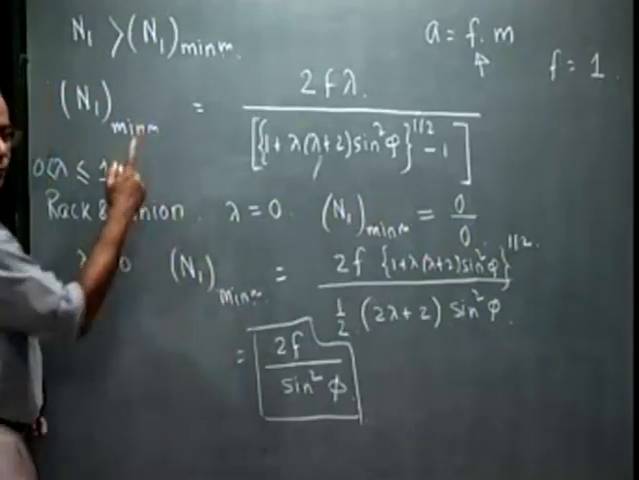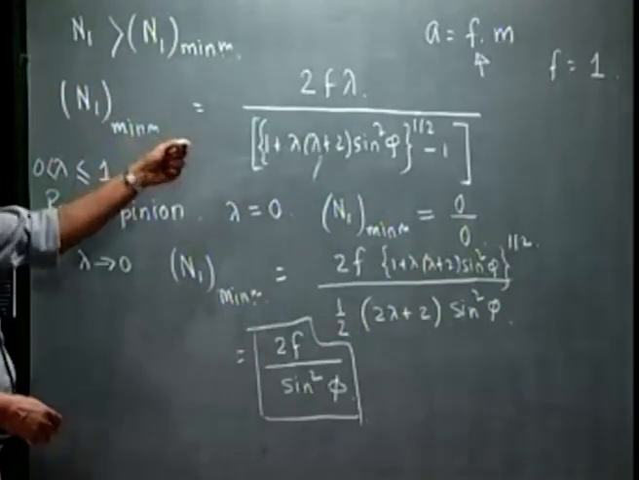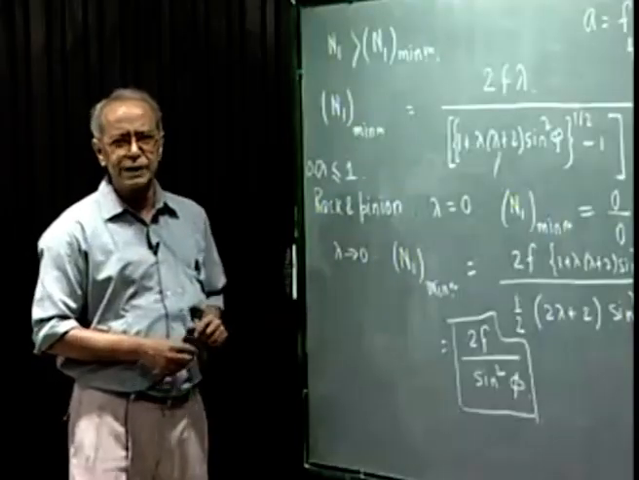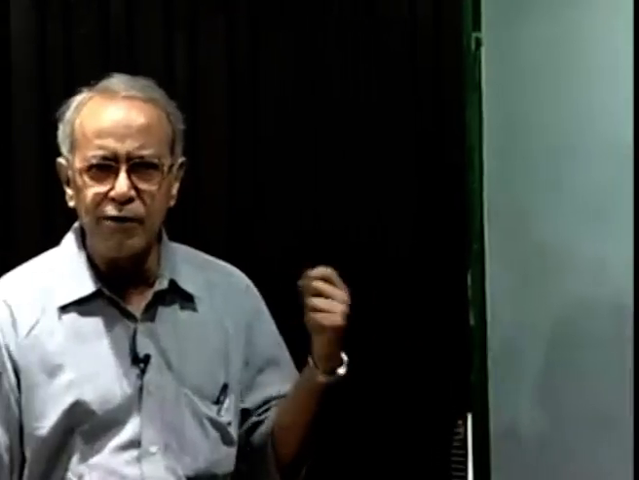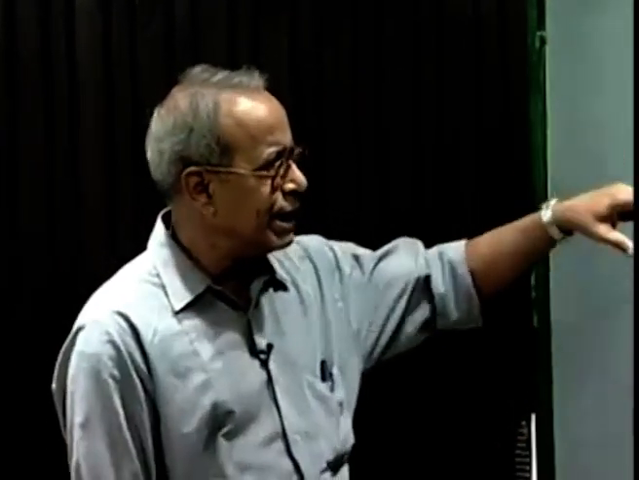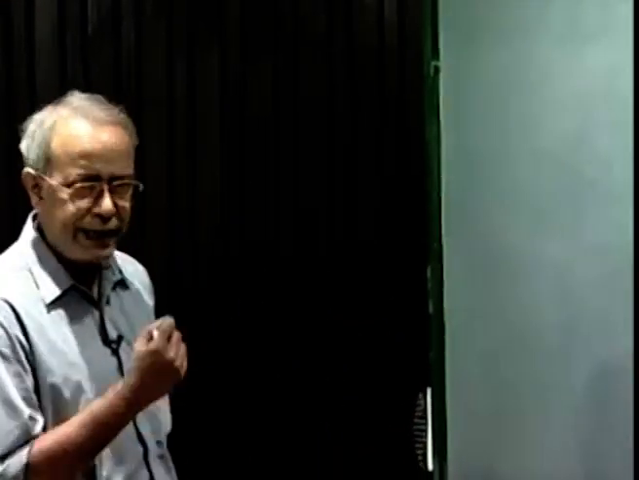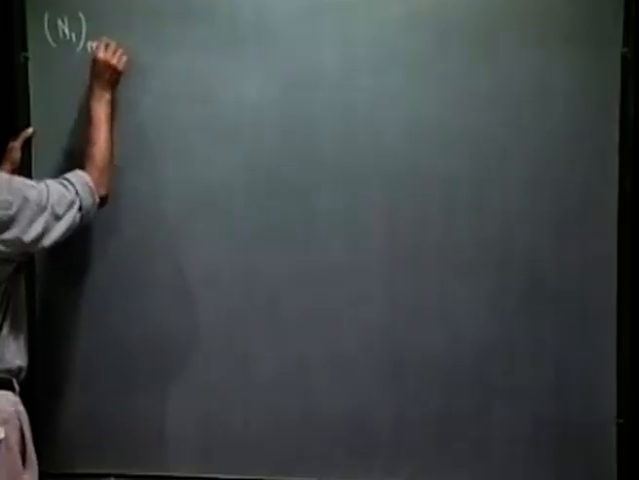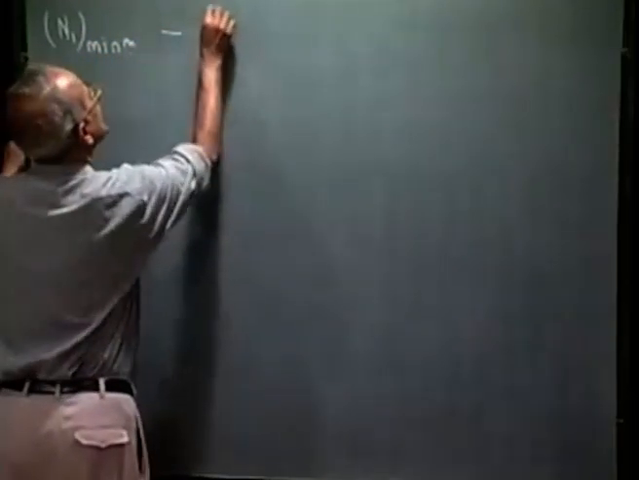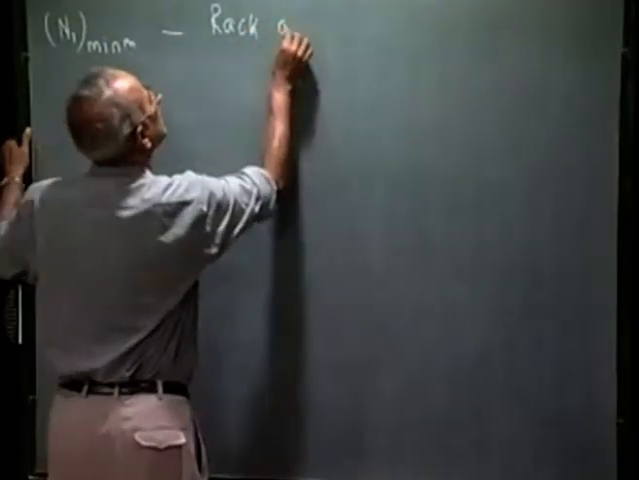This expression, of course, we could have got geometrically very simply by drawing the rack just undergoing interference with the pinion. That is what we are going to do next. Just now we derived the minimum number of teeth on a pinion that is required to avoid interference with a rack. But that we did analytically from the expression that we derived earlier for a pair of involute gears, a gear and a pinion. Let me now get the same expression of the minimum number of teeth geometrically. So, N1 minimum on the pinion for a rack and pinion